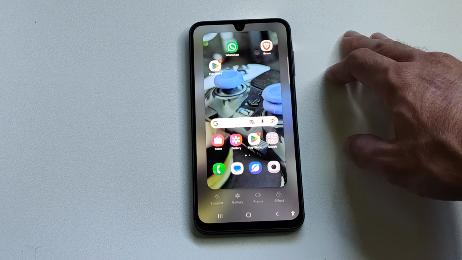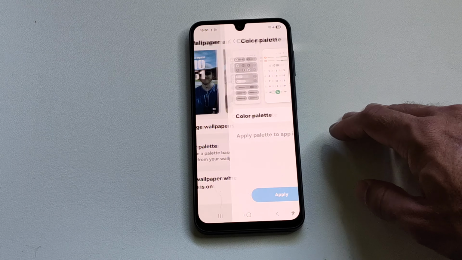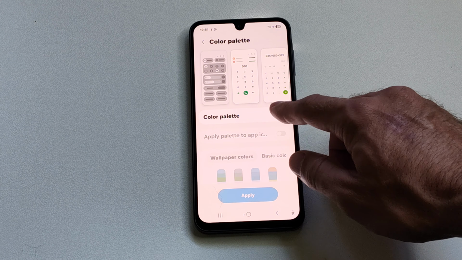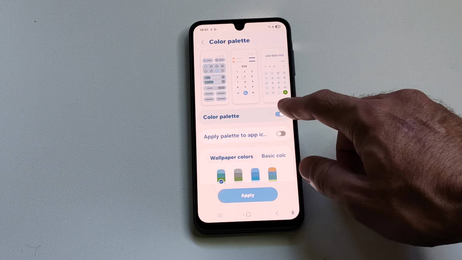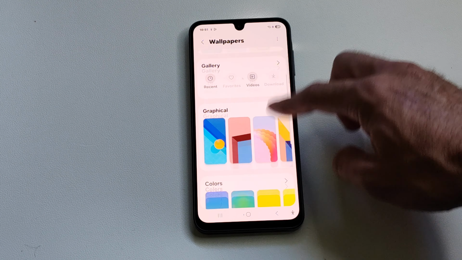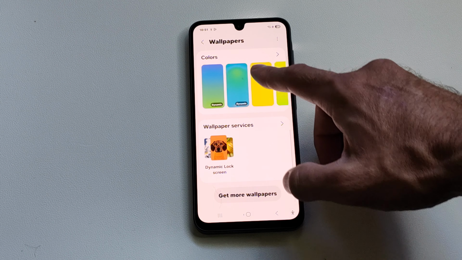So all you have to do is go to Wallpaper and Styles, and there's a bunch of different options in here. Here's the color palette. If we want to change this around, kind of like the default one. So we can go back, dim wallpaper when dark mode is on, change wallpaper. So yeah, that's how you get it. You can get more wallpapers down here, get dynamic ones, live wallpapers, or you can set like a video as